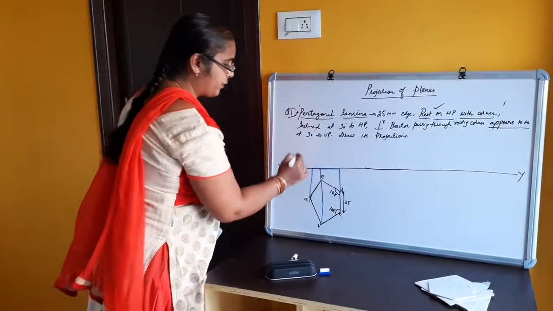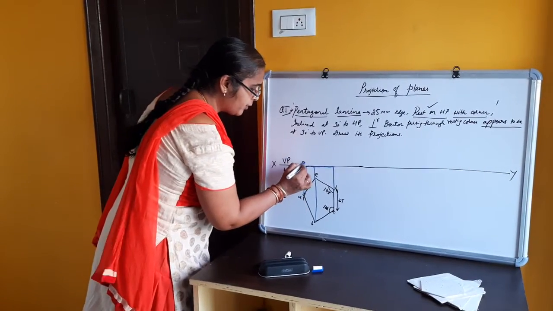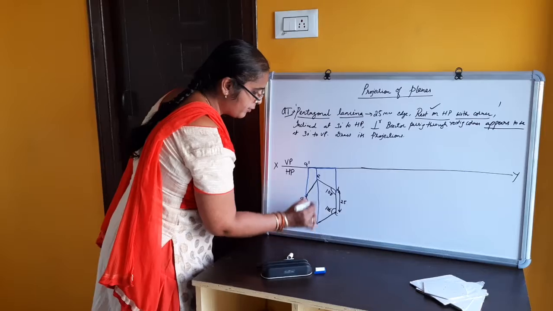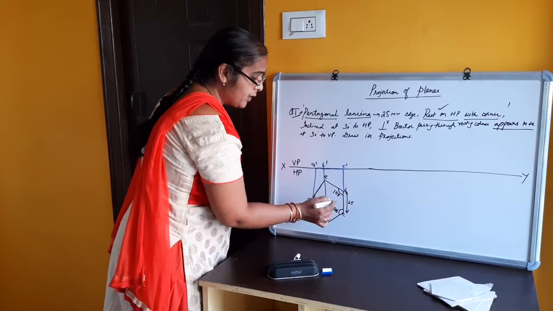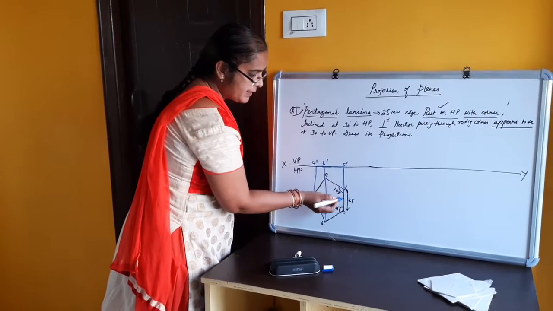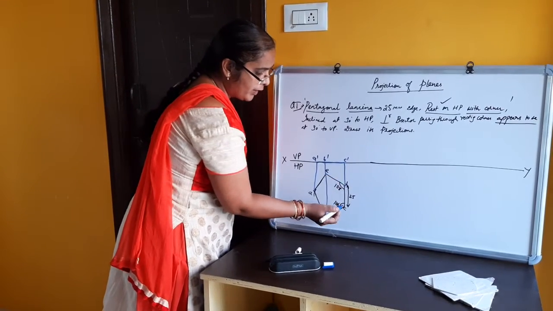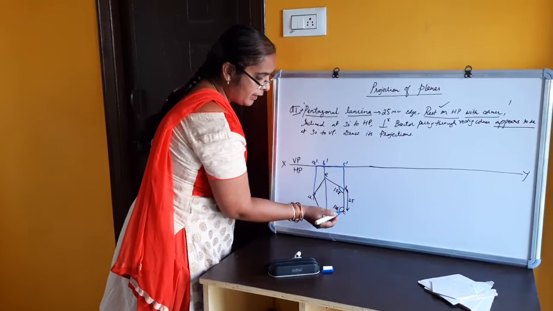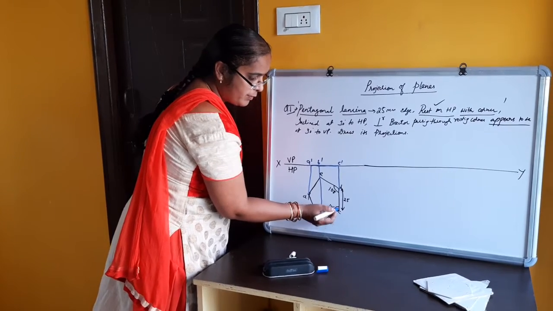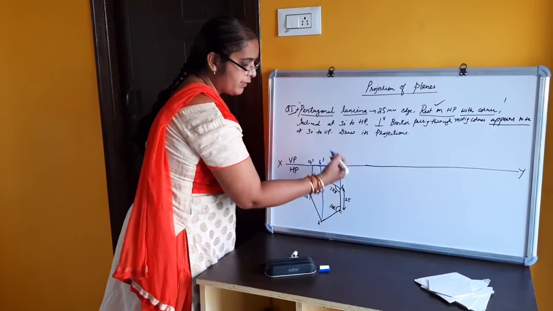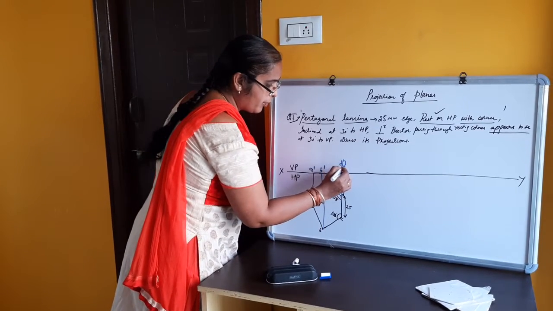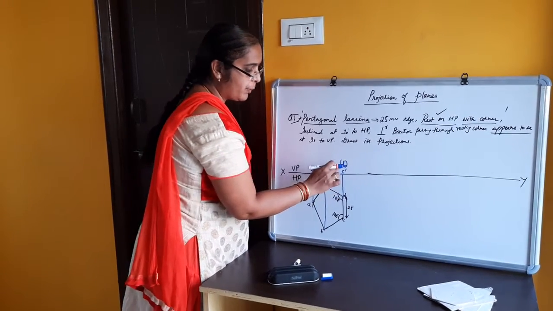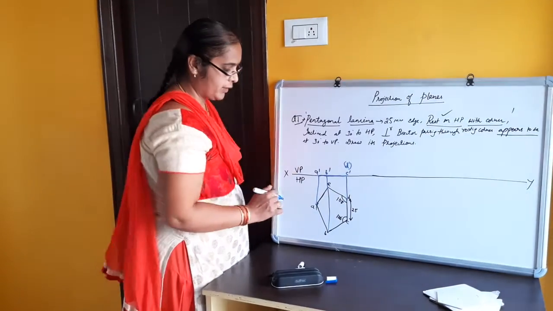The same line I have represented here. The projection of A is A dash, projection of B is B dash, projection of point C is C dash. You can observe here the point D is lying behind C. So when both points are lying along the same line, the nearer point is visible. Along the same line, whichever is lying behind will be invisible. So I'll keep that point within the bracket to represent that it is a hidden point.